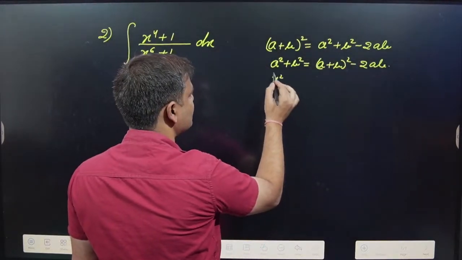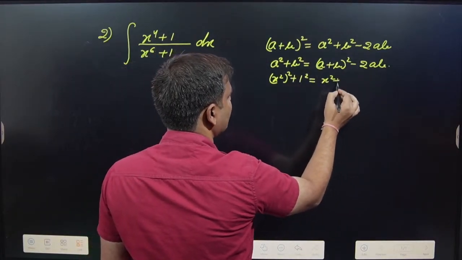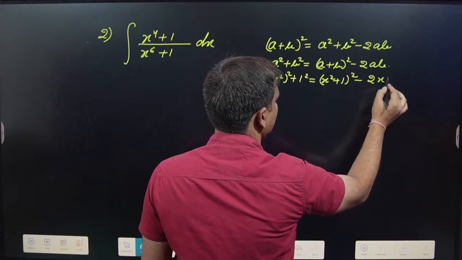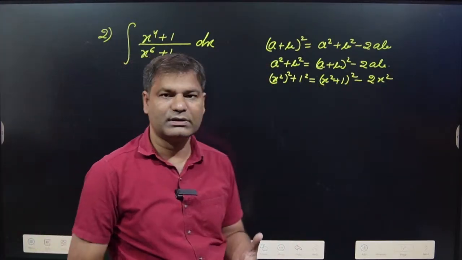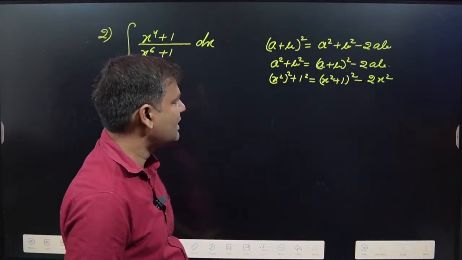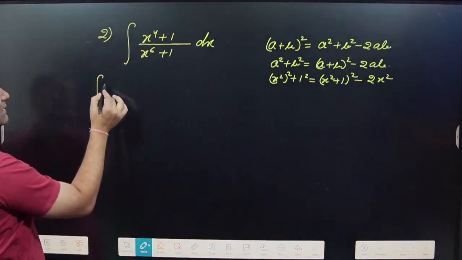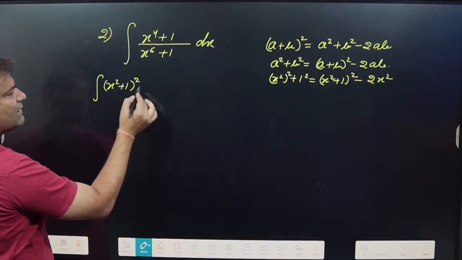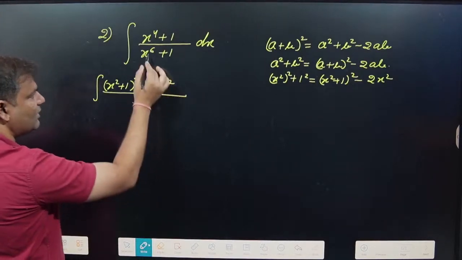Here a is x, so x square plus 1 to the whole square minus 2 into x square. So x to power 4 plus 1 is written as x square plus 1 to the whole square minus 2x square, divided by